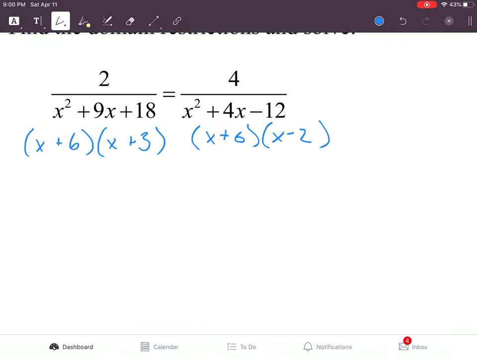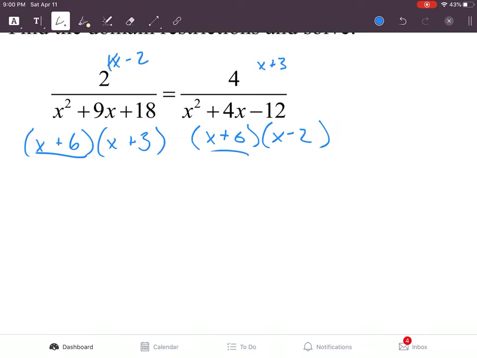Okay, so if we look at the denominators of both sides of our equal sign, they both have plus 6, which is great. We don't need to put that on the other side, but the left side has x plus 3, but the right side doesn't, so this needs an x plus 3. Whereas the right side has x minus 2, but the left side does not, so this needs to be x minus 2 over here. Okay, now that our denominators are the same,